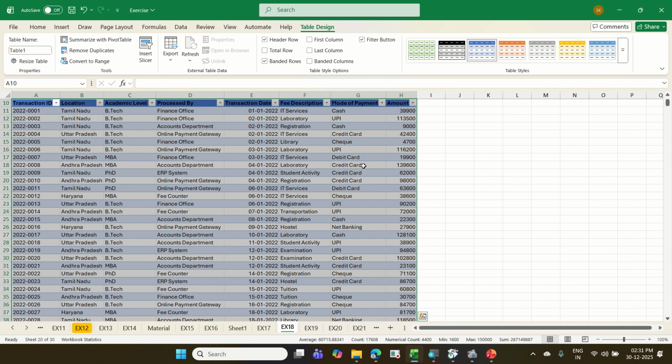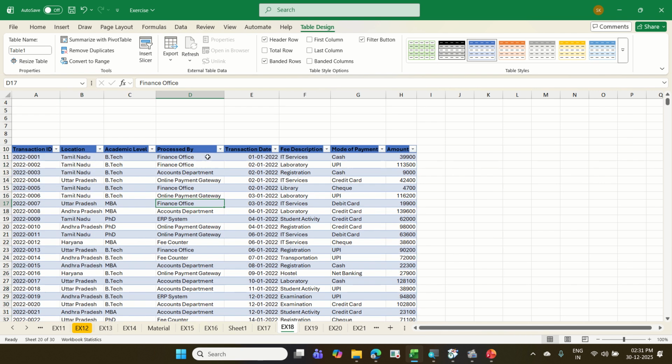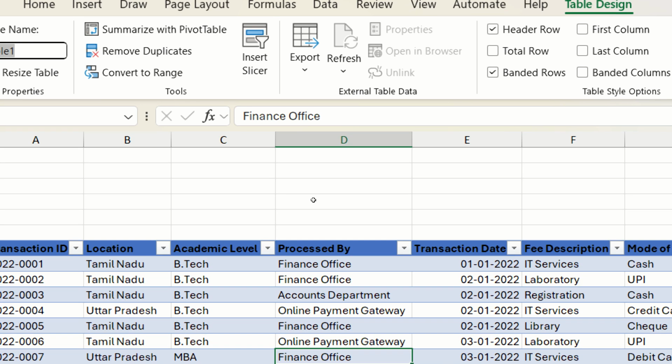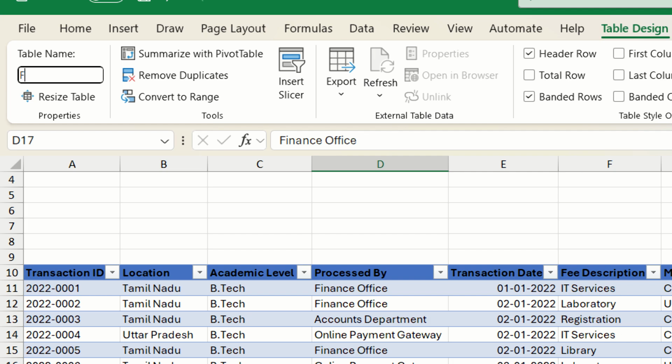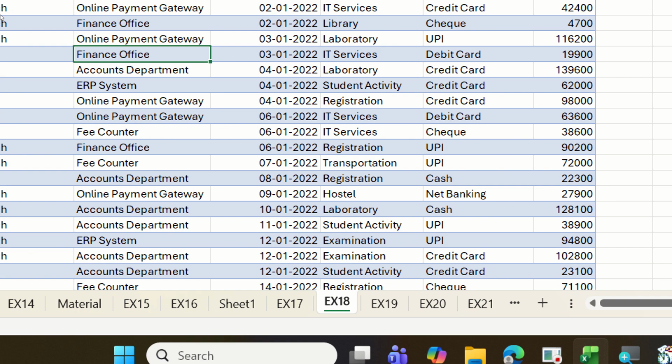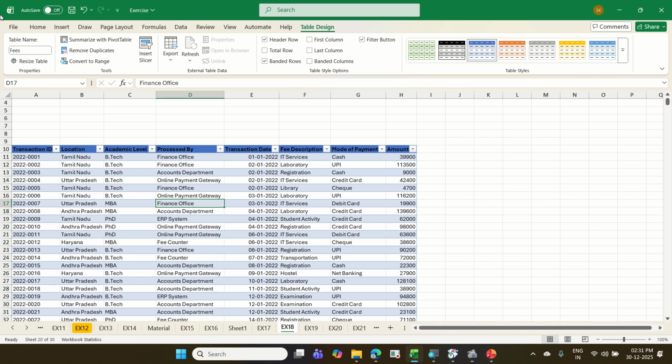As usual, we'll give some meaningful name for it. I think these are all having the transaction detail. So let me give a name as trans, or you can give any name. Fees. We are getting the fees here. Some name for my understanding. So we have given some name. Right. Now,